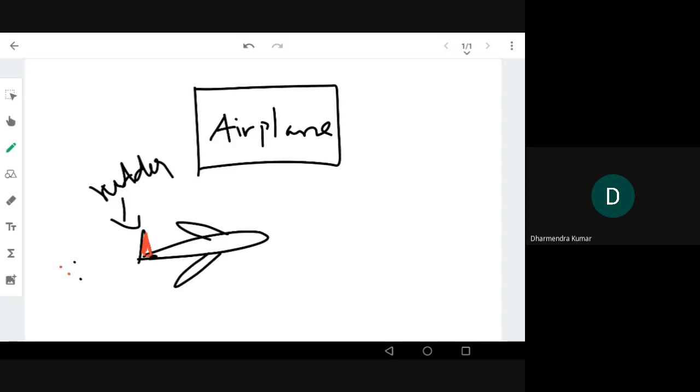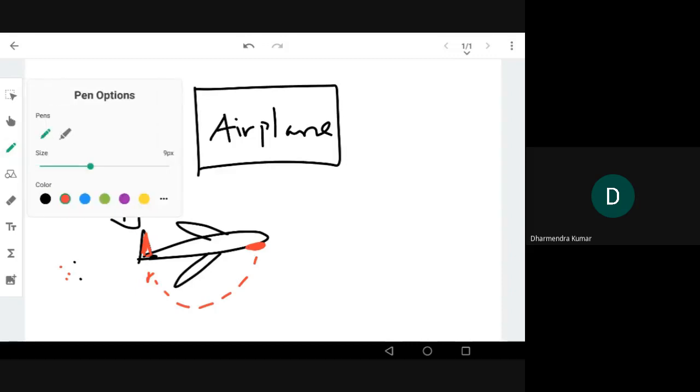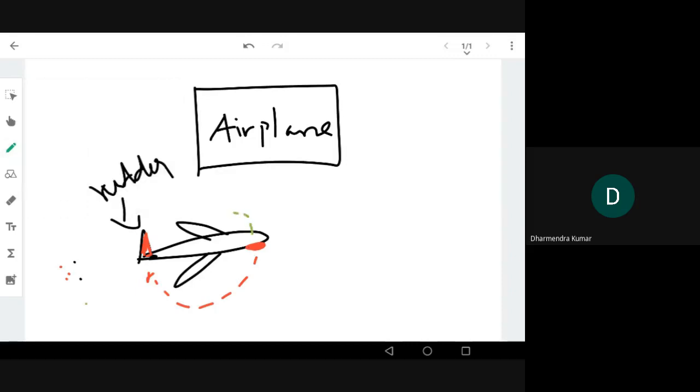In an airplane, we have the pedals below the leg of the pilot, which control the rudder. Although we have other mechanisms to control the wings also, the elevation or the wings also within the pedal. So here the rudder movement, the change of the direction, inclination of the rudder gives the direction to the airplane, right?